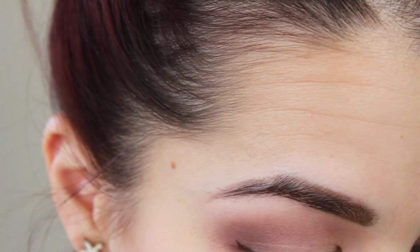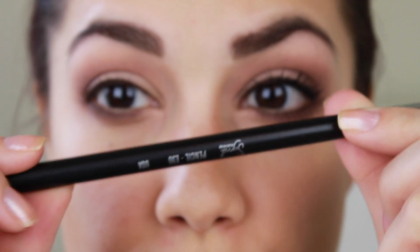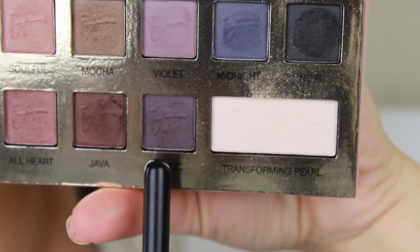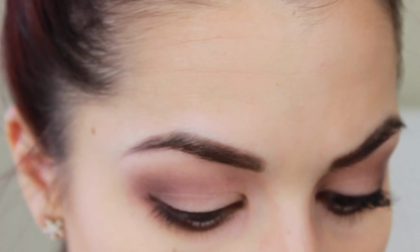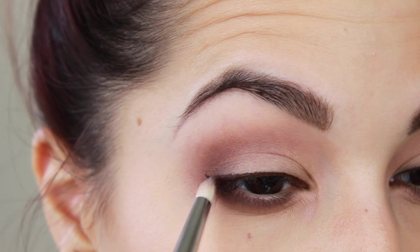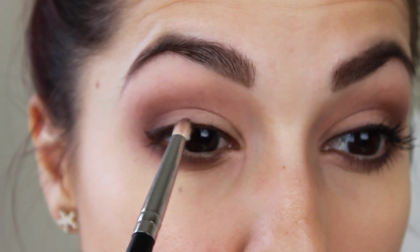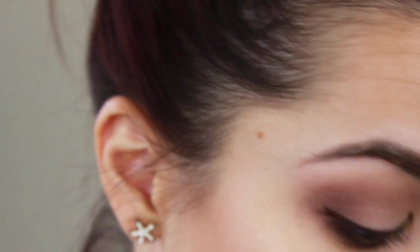Alright, so now that I have that down, I'm going to take a pencil brush. Any brand would work. I'm using the Sigma, it's the E30 one. And I'm going to go in with the Iconic shade, which is that dark kind of plummy color, but with a little bit of a gray. And I'm going to kind of go right over that liquid liner, just to kind of turn it into a deeper shade and take away some of that